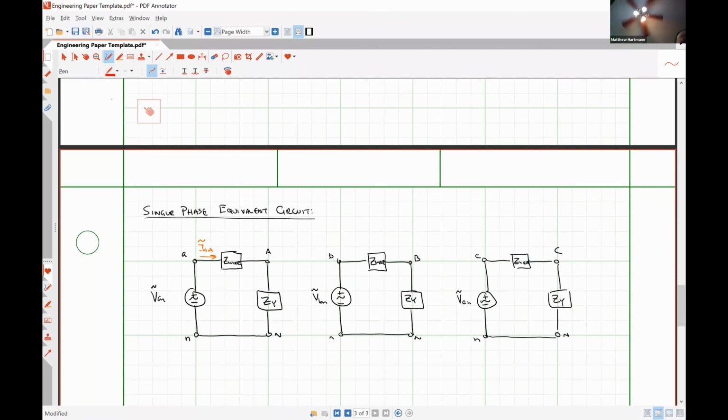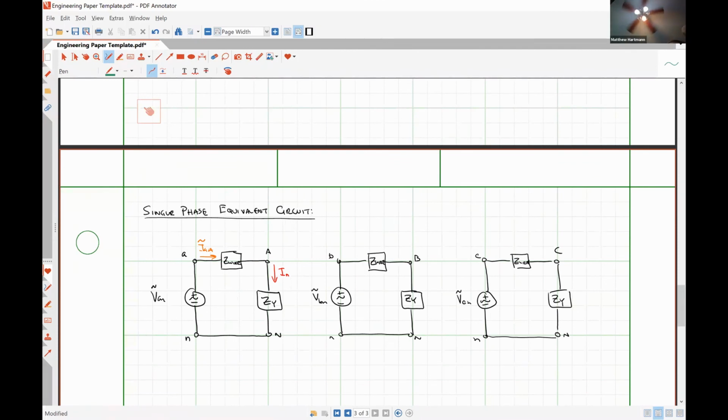We should be able to figure out what our phase current through the load is easily, our phase current through the source is easily, and we should be able to figure out what our phase voltage over the load is. We don't need to figure out what our phase voltage over the source is because that's kind of given to us. So those are 4